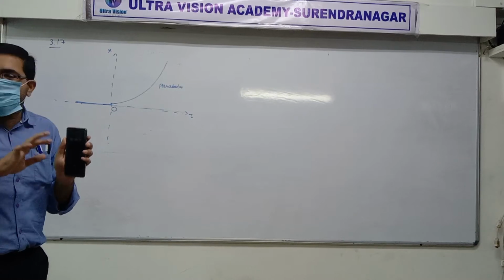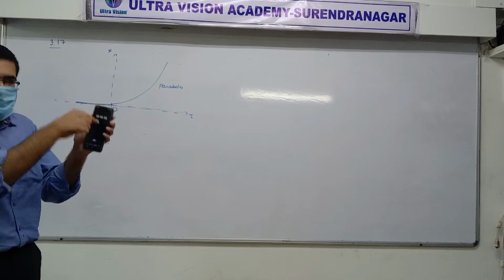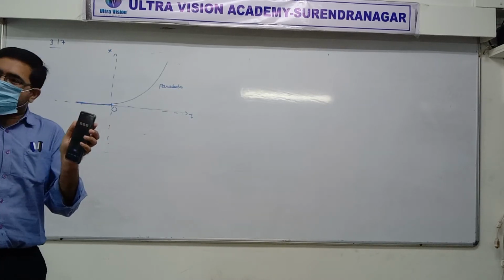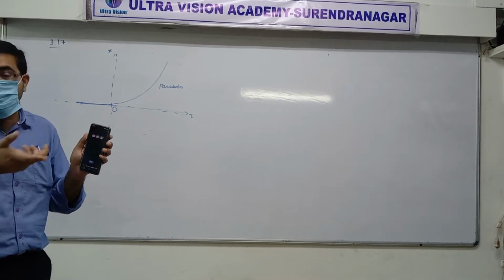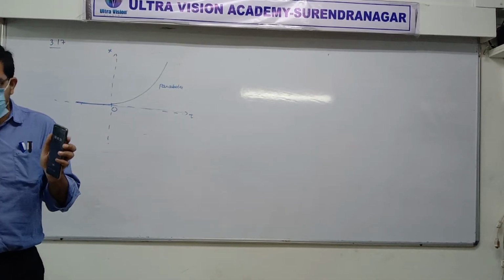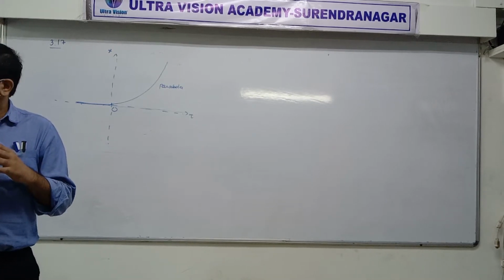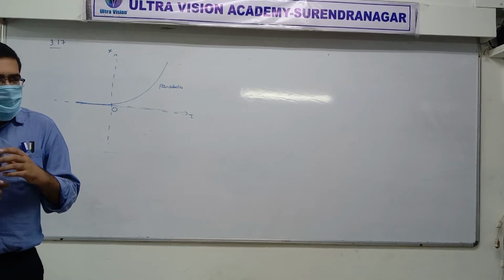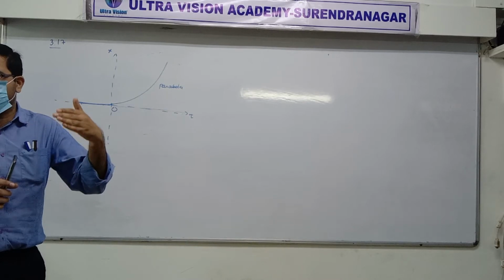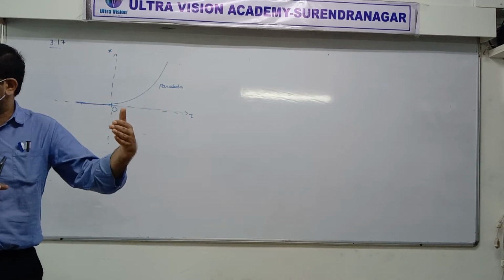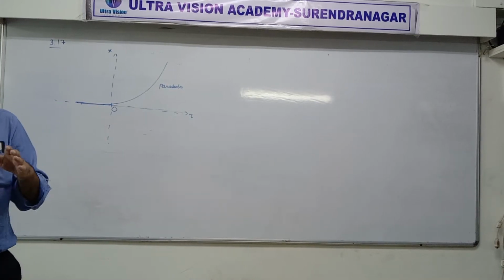So negative time doesn't mean anything wrong. Negative time only means that if you are starting your stopwatch right now, anything that happened in past, that will be in negative time. Anything that will happen in future from this moment will be in positive. Is that clear? Again, time interval cannot be negative, but time can be negative. Is it fine? The truth is time always proceeds forward. That is from negative, minus 3, minus 2, minus 1, 0, 1, 2, 3. That's how it will work. It will never go from minus 3, minus 4, minus 5. No, not like that. Did you understand?